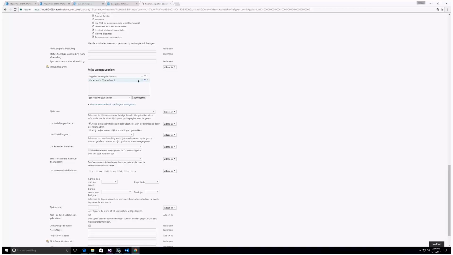But you can easily move them up and down to set the order, the preference of your languages, right? So you will first try to load the site in Dutch. If it's not there, in English. If it's not there, you could add Finnish, Spanish,